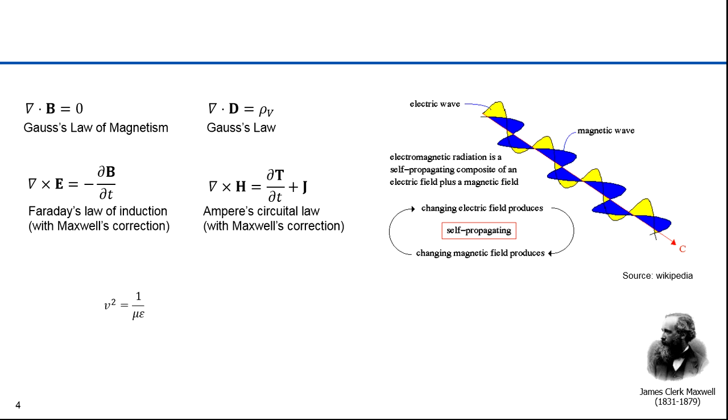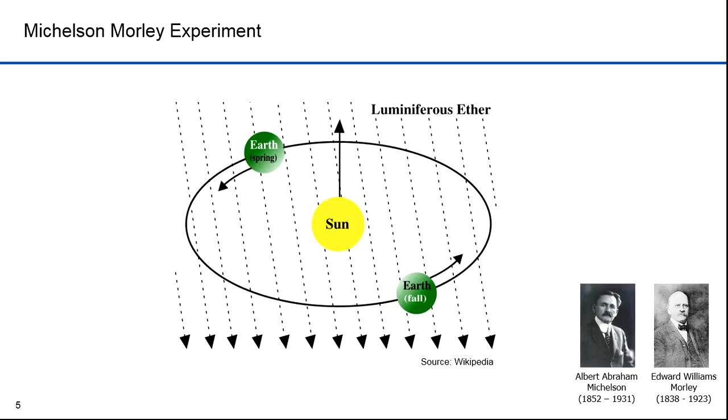Maxwell was able to determine the velocity of an electromagnetic wave with 2 parameters that were embedded within his equations, permittivity and emissivity. The speed he came up with was 299,792,458 meters per second, which was remarkably close to the figure Romer and Huygens had come up with for the speed of light. Maxwell suggested, based on this coincidence, that light was a form of electromagnetic radiation. These findings served as the foundation for special relativity, especially Maxwell's calculation of c, the speed of light.